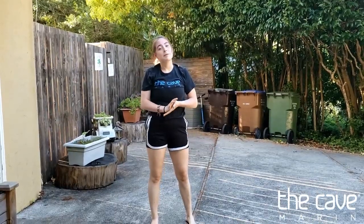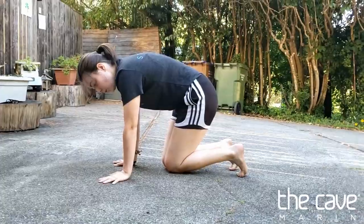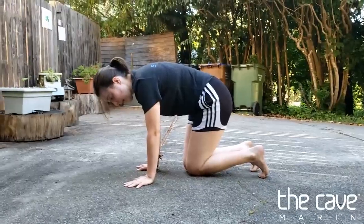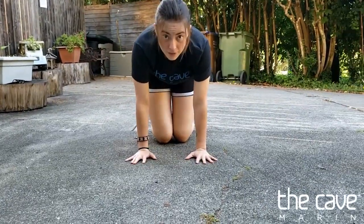And lastly, it's gonna be wrist push-ups. So you're gonna come down on your hands and knees. So with your hands completely flat, and you're going to push up on your fingers and come back down to flat hands. So from the front, it looks like this, right? Hands flat, come up on